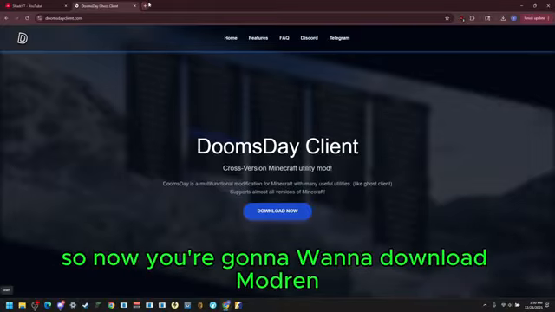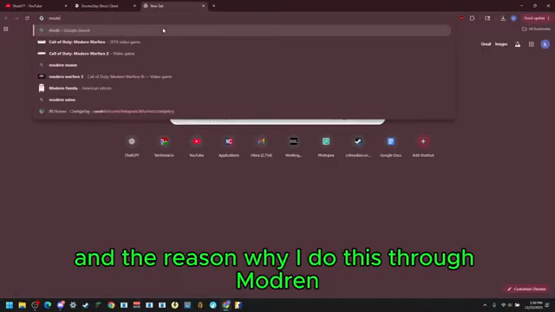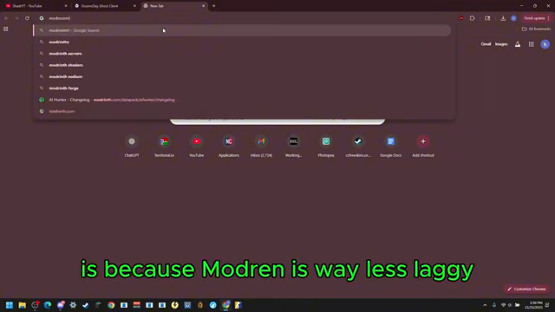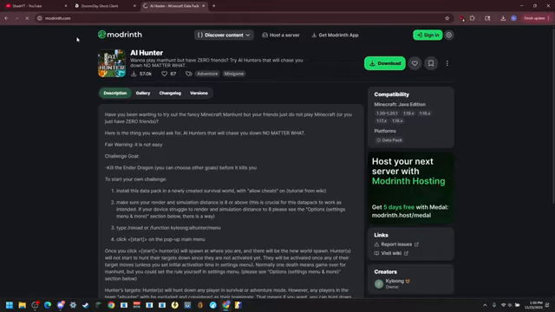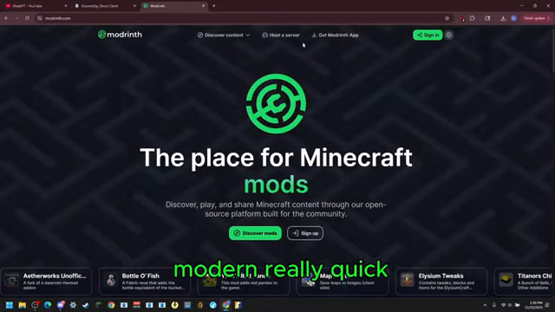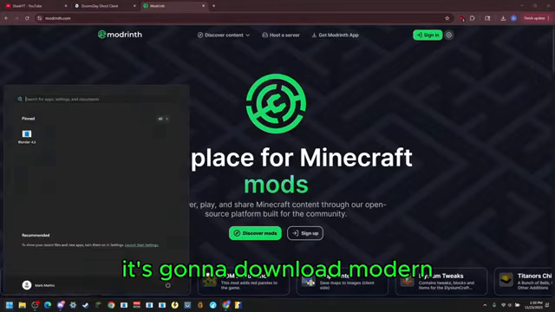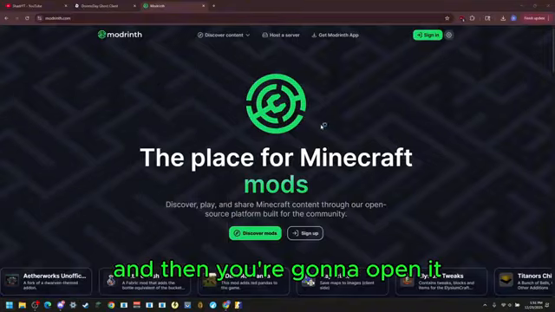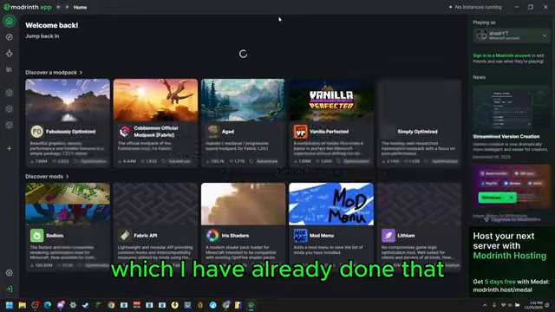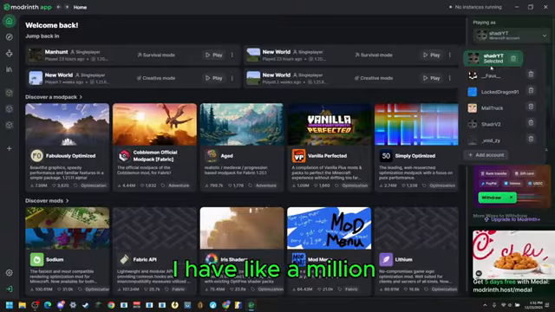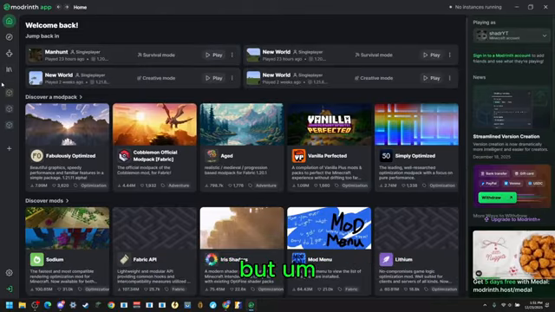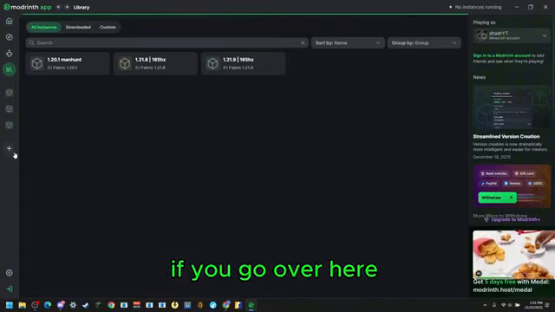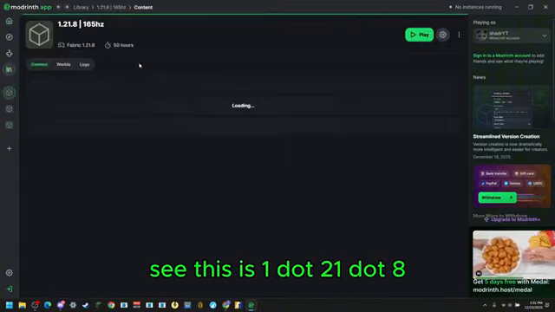So now you're going to want to download Modrinth. And the reason why I do this through Modrinth is because Modrinth is way less laggy than all of the other mod loaders. So let's go to Modrinth really quick. You're going to hit get Modrinth app. It's going to download Modrinth, and then you're going to open it, sign in with your Microsoft account, which I have already done that. I have like a million accounts because I'm just that guy. I didn't pay for them obviously,